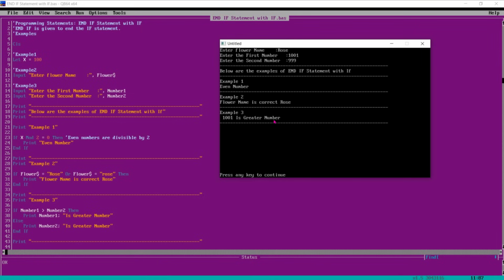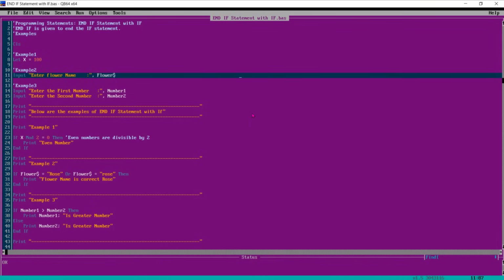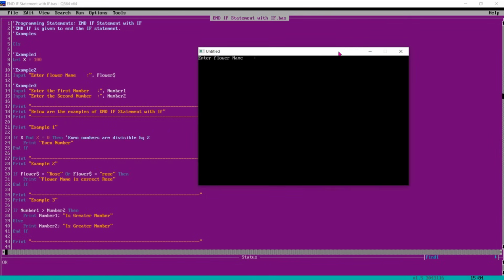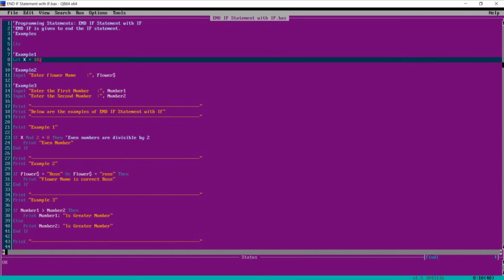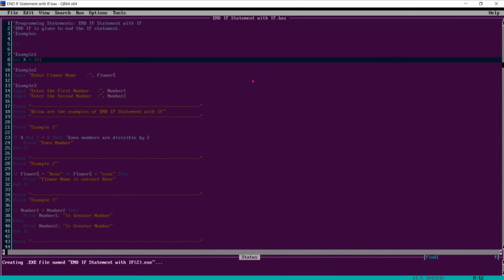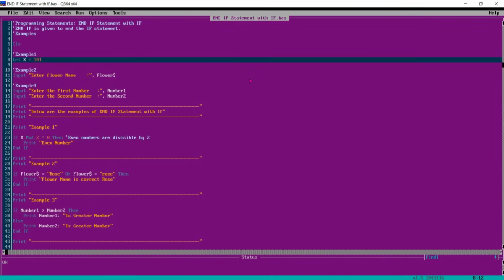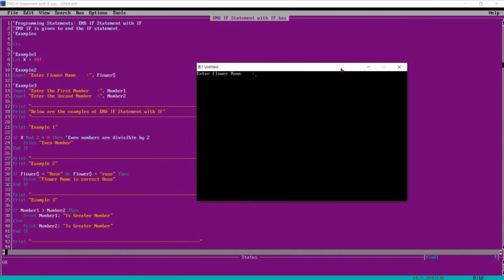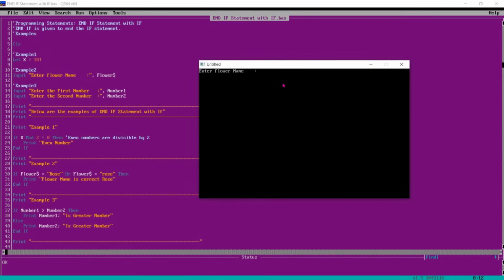Now we will see it differently. Again I am executing it. Let me enter 101. Flower name, last time we entered capital, this time small. Now this time we will enter 99 and 100.